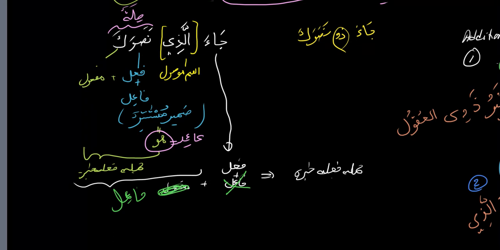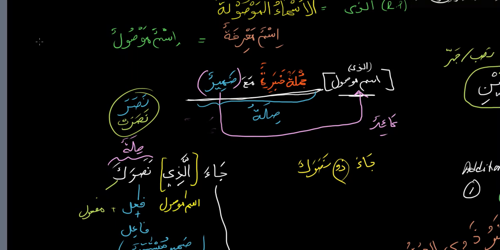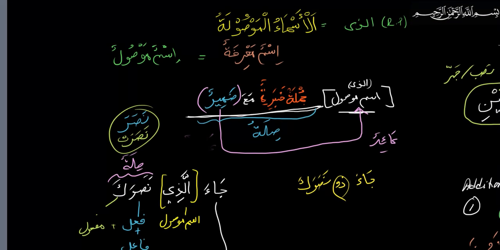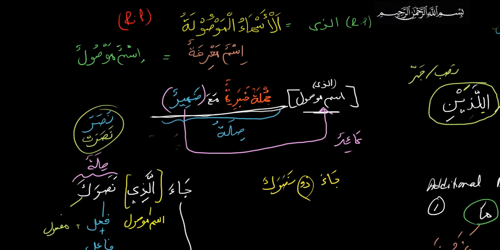Alhamdulillah. So, as a review, besides that mistake I made there, let's just do the review here. Today I talked about al-asma al-mawsula, the relative pronouns. Allazi is the example, and these are singular ism mawsula. They're ma'rufa. They come in a sentence like this: ism mawsula followed by a sentence called the sila, which is jumla khabariya. Jumla khabariya has a damir in it, and the damir is called the aid for the ism mawsula, the one that returns to the ism mawsula. And here's the faulty analysis, which I corrected in the end.